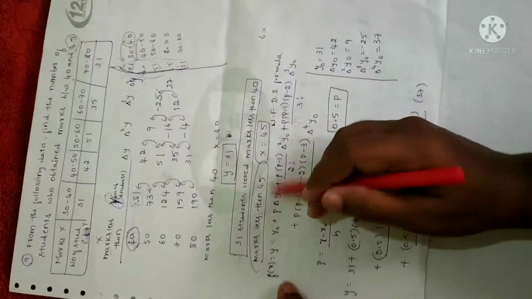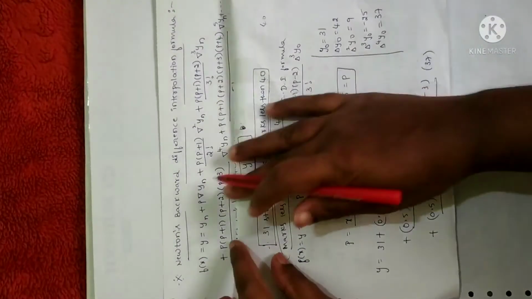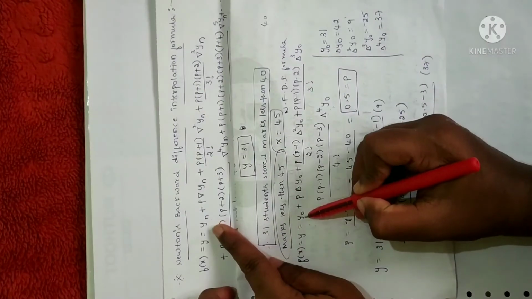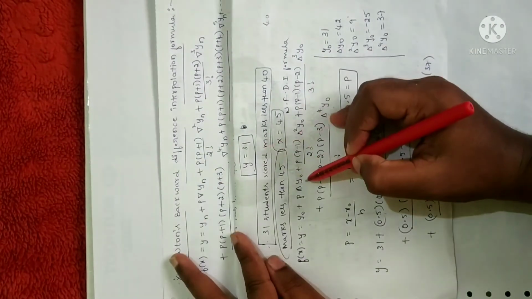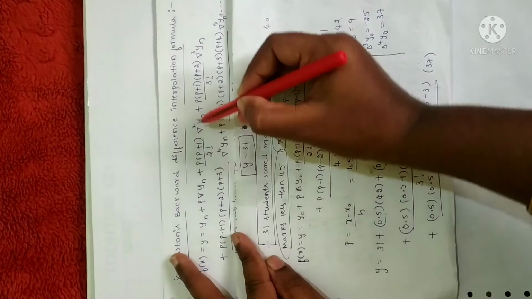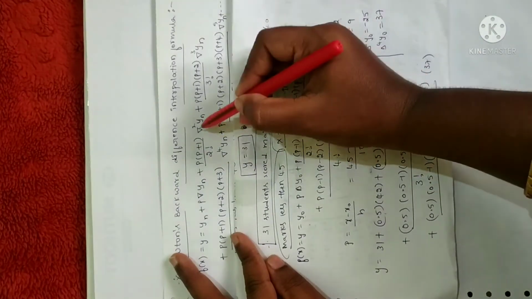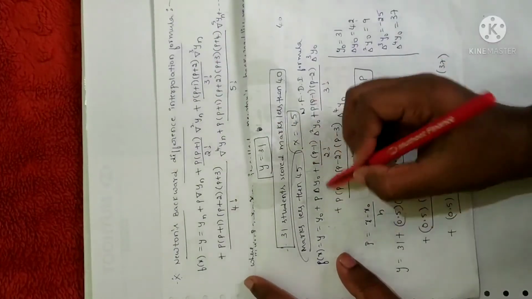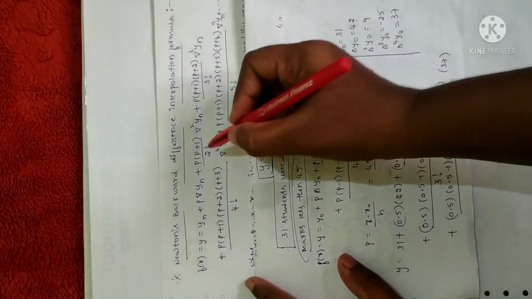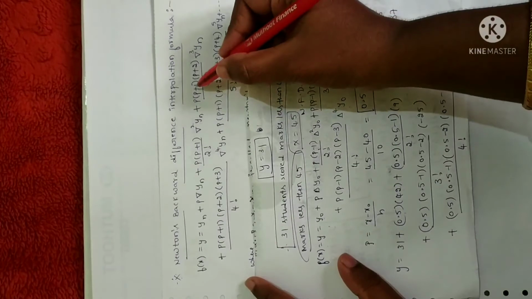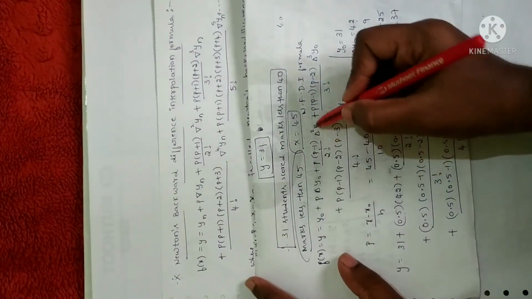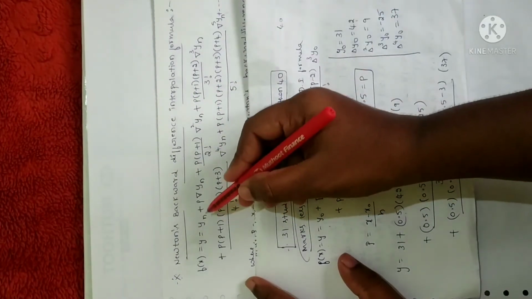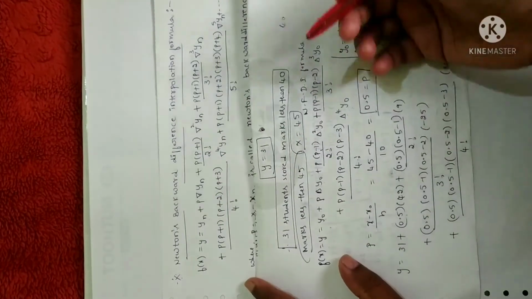So in the problem I have used the formula. You just compare the terms so that you will understand well. In place of y naught we have yn in backward difference. In place of delta y naught we have nabla yn. Delta will be replaced by reverse delta, that is the backward difference operator, and p into p minus 1 will become p plus 1. Wherever you have minus it will become plus, wherever you have delta it will become nabla, and wherever you have naught it will be n, that is the last term.